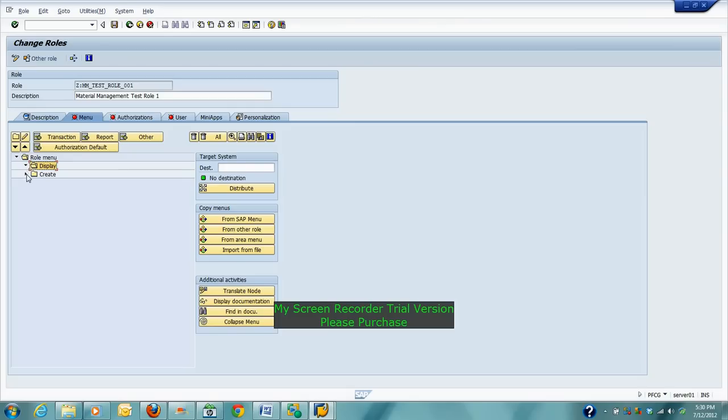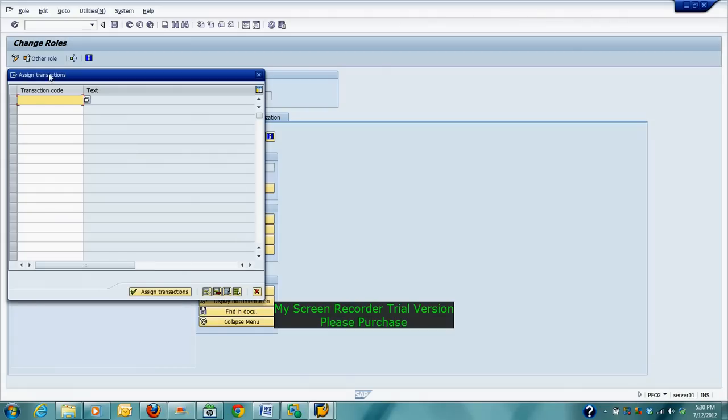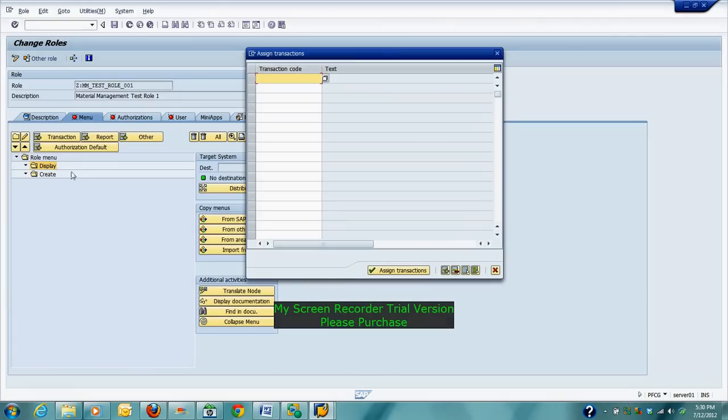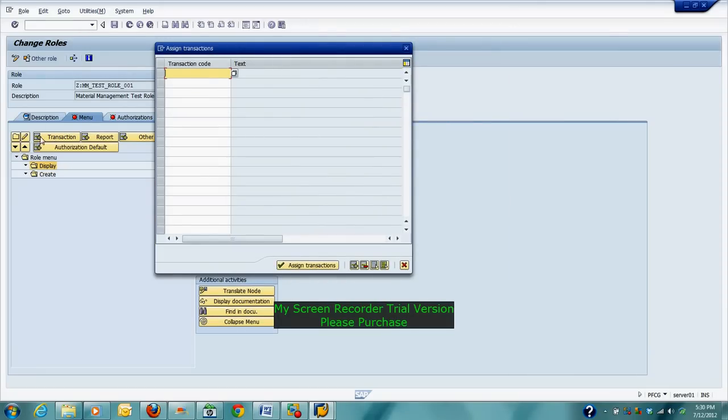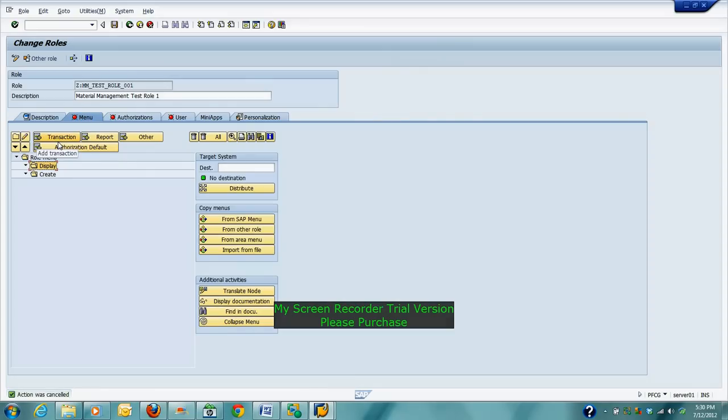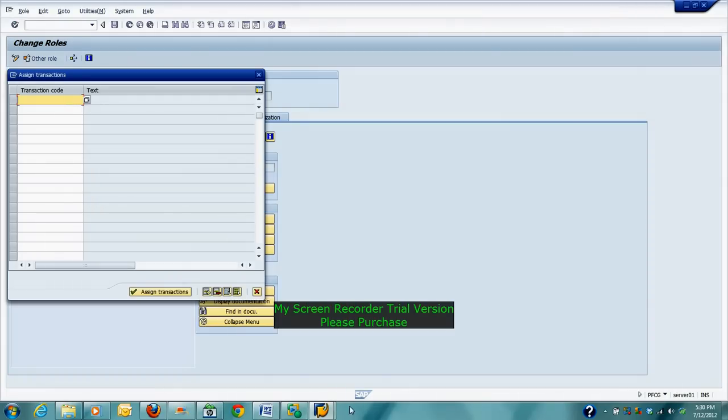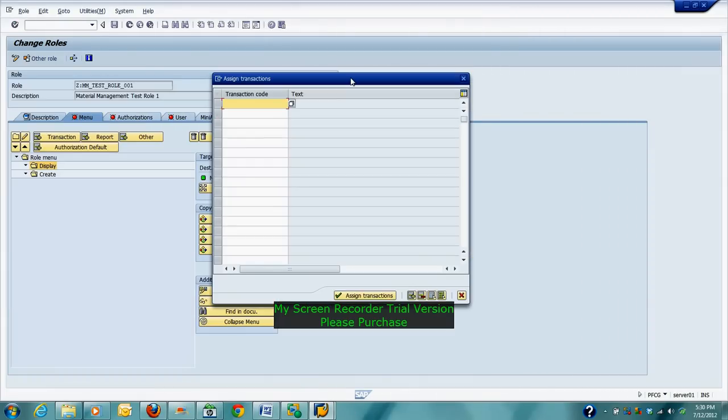There is nothing in display, there is nothing in create. So let's assign some transactions in display. Either you double click, assign transactions. Usually it will work if you double click this one, but that's fine. There's a button over here called add transactions. You click this one, hit transaction, and we are in display.